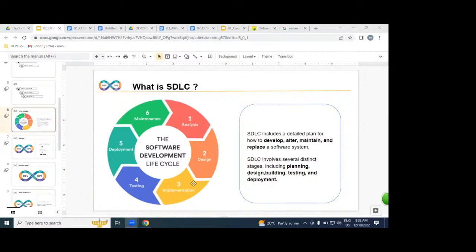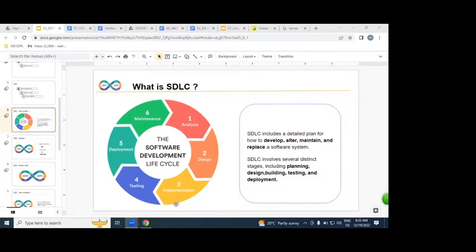SDLC. In this total process, we have developers, testers, AWS administrators, Linux administrators, DB administrators. If you are doing an IT job, any profile, any platform, you are part of this SDLC, including DevOps in here also. If you are working in IT software, you are part of this.